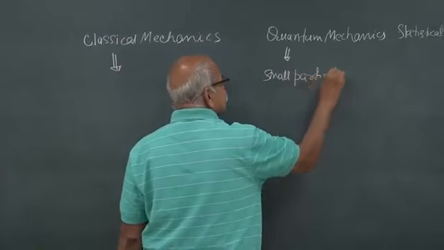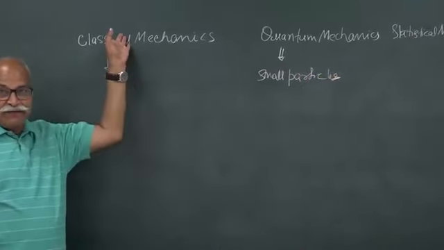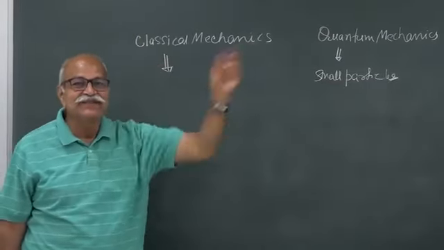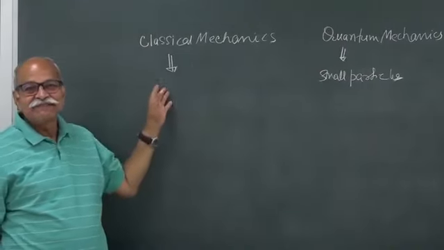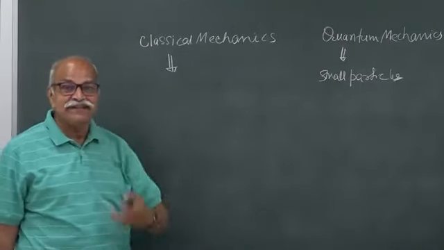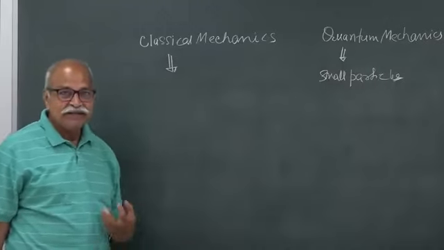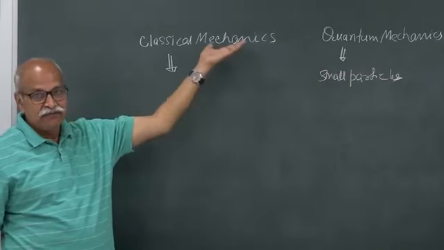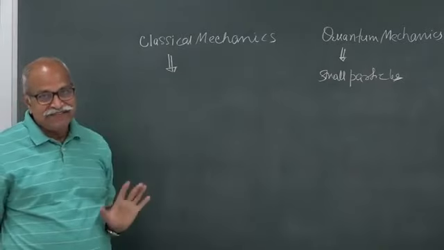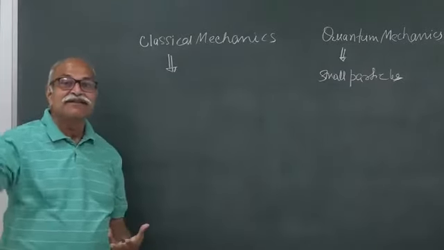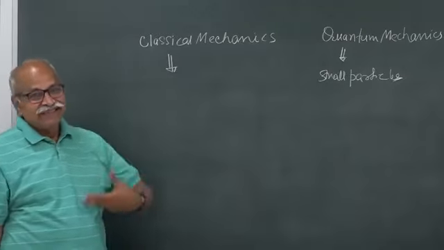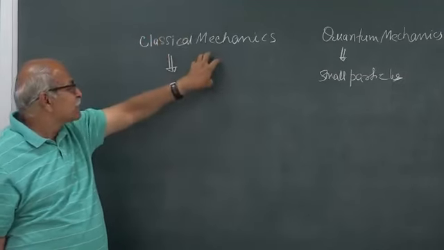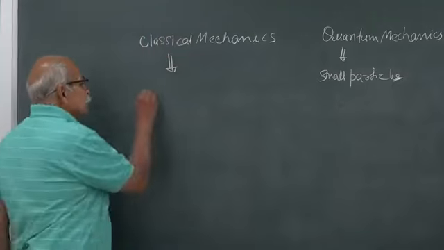Not that here we will not be talking of small particles. Many times we will take examples where an electron is going and a proton is there and so on. But basically, if you want to understand the dynamics, the behavior of particles, then you have to go to quantum mechanics if the particles are very small, in the nanometer or angstrom regions. But if you have a micrometer-type dust particle, starting from a dust particle, let us say, and then planets, all that range is governed by classical mechanics. So, not too small.